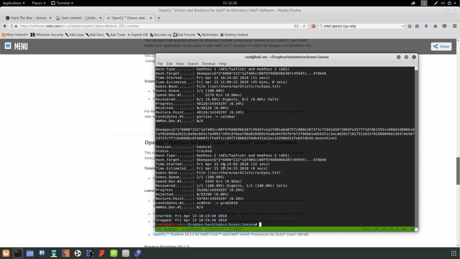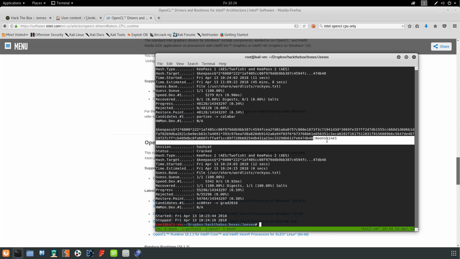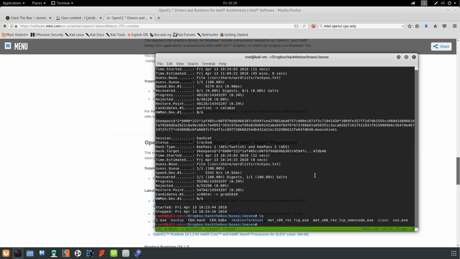It kind of got screwed up because I happened to hit status right when it finished, but this is the line we're looking for, because this is our hash, and right at the end here, this is our password. So it's Moonshine1. So we do